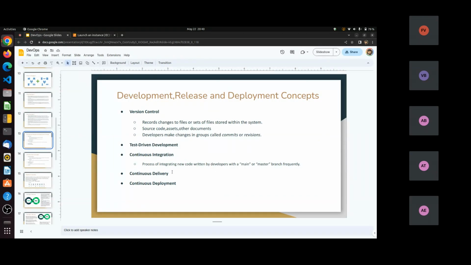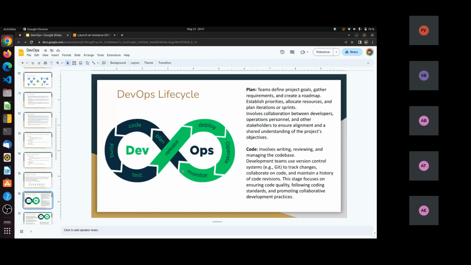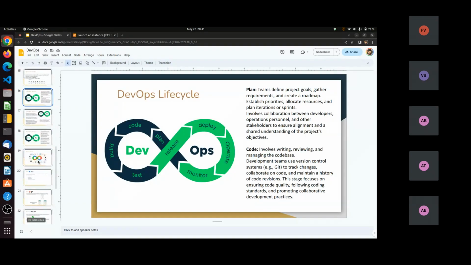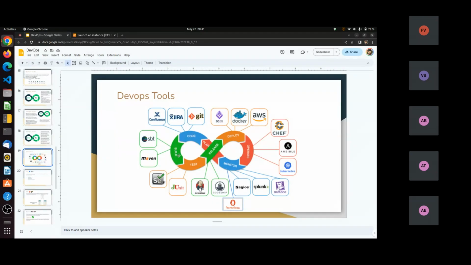Then there will be continuous delivery. After the build there will be a testing stage. If the test is successful, it will go to the release stage through Jenkins.